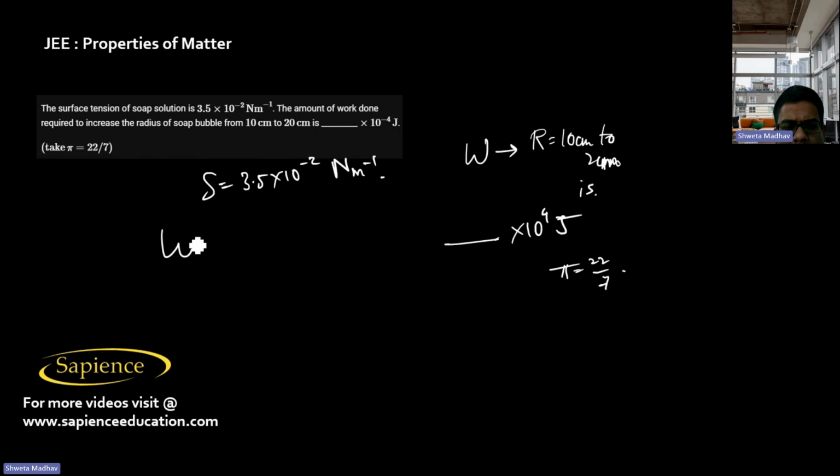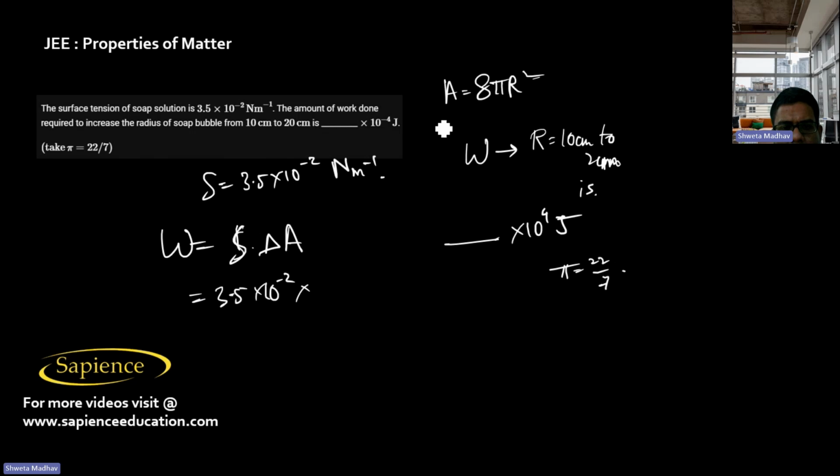So we know that work done is equal to the surface tension into change in the surface area. So that is 3.5 into 10 power minus 2 into change in surface area. The change in surface area is equal to 8 pi r square, since for a soap bubble we have two surfaces, one is the inner surface and one is the outer surface. This will be 8 pi into